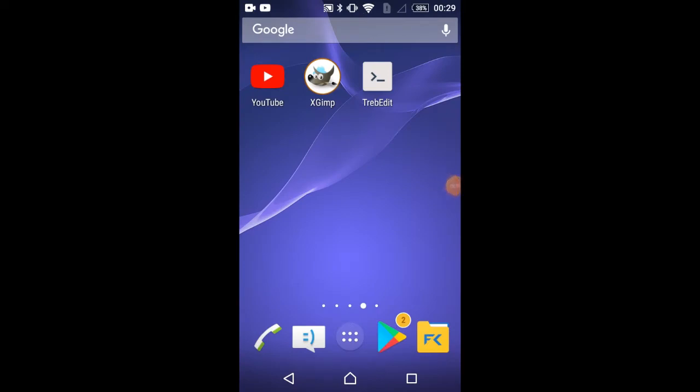So as you can see, I have shared my mobile screen with you. Here you can see I have downloaded TrebEdit. TrebEdit I am going to use for coding of this practical. It is an app which you can use to code, like HTML coding, CSS coding. You can use this app to code while you are using mobile phone to perform your practical.